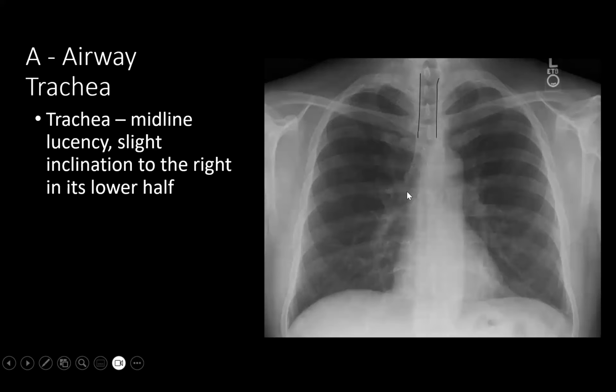There is a format that we use to assess a radiograph, which is something like an A, B, C, D, E. So each letter denotes something, A being the airway or the trachea. When the trachea is seen, it should be in the midline. It should slightly deviate a little to the right in its inferior aspect, as it lies in continuity with the